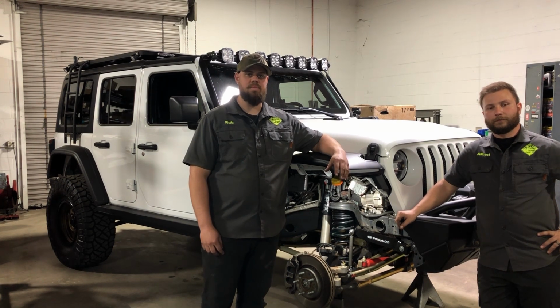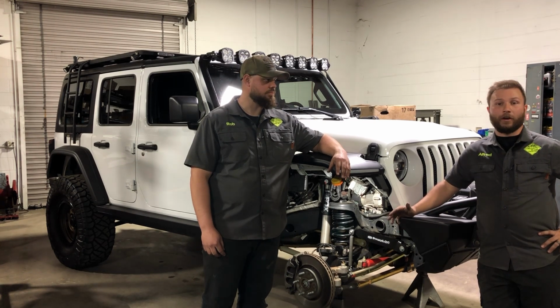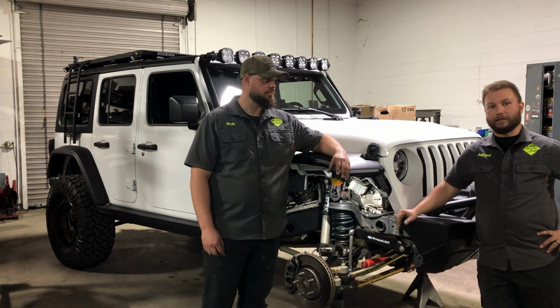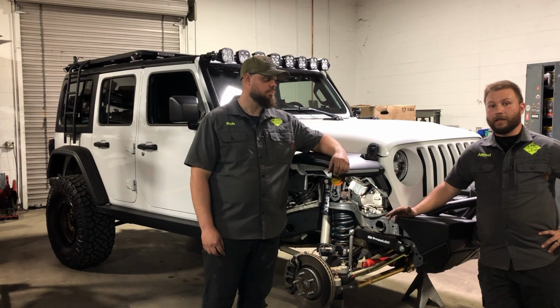He brought that up to me and we started doing some research, and through our research we found that the Off-Road Only was going to be his best option. And for us, this is the first time we actually got our hands on the SwayLOC system from Off-Road Only. And just by looking at it, the install and the fitment of all the parts,